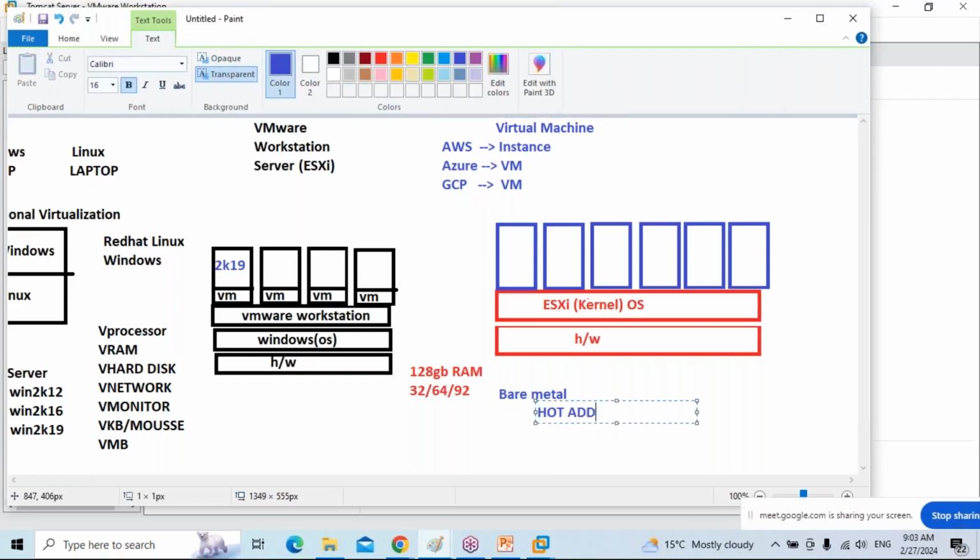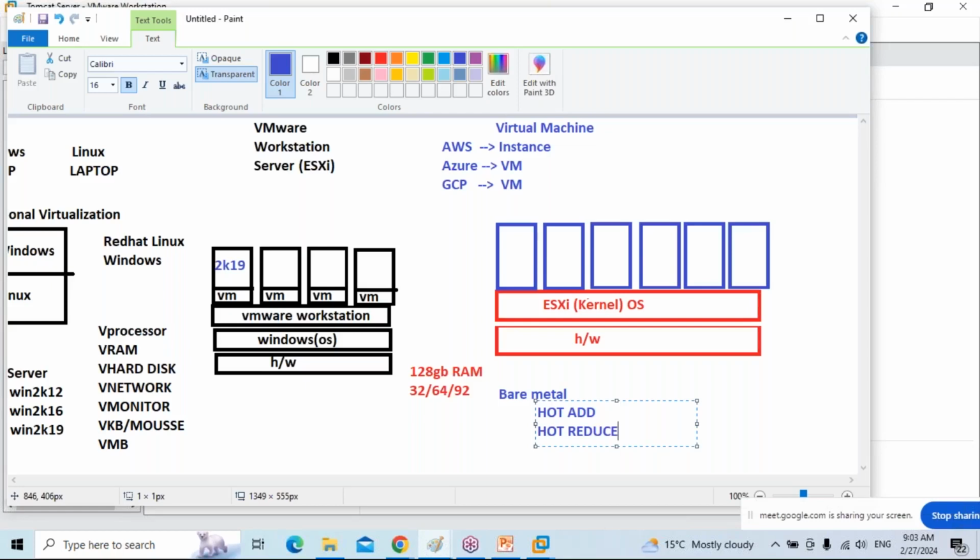Hot add means when the server is up and running, we can increase the memory, processor, whichever you want. Hot add, hot reduce. On a running server, we can decrease our hardware resources. On a running server, we can add hardware resources.